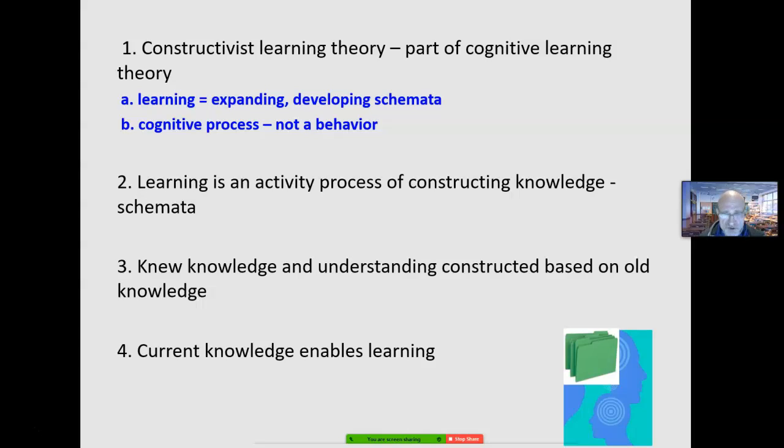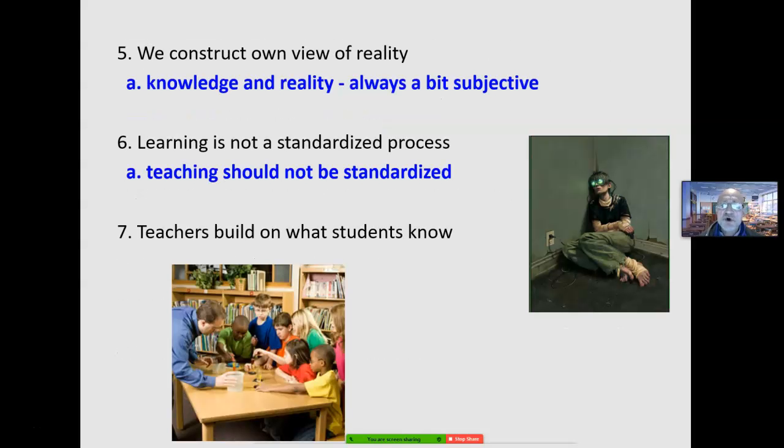meaningful verbal learning. So new knowledge and understanding is based on what you already know. That's why it is important to know what's in our students' heads. What's in their head is used to help you understand. So current knowledge enables you to understand learning. Anything you already know about learning, learning theories, your own experience as learners, as teachers, helps you understand what I'm